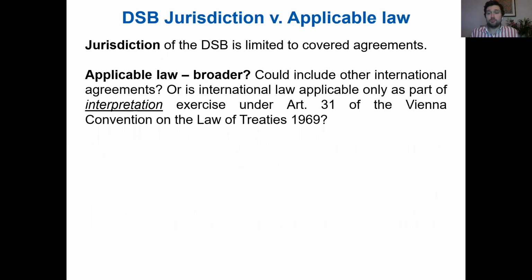The question that is mostly debated by Pauwelyn and Gabrielle Marceau is with respect to the understanding of these terms, where we understand that jurisdiction is limited to covered agreements, but what Pauwelyn proposes is that applicable law could be broader and could include other international agreements,